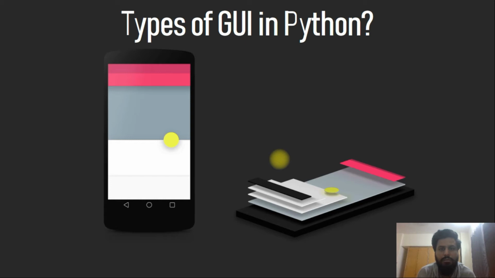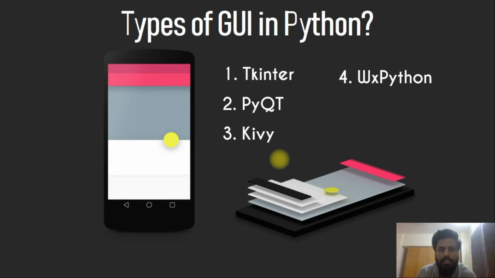The next thing is types of GUI. There are many GUI libraries in Python, but I can narrow it to six that I can work with, which I think are very useful and helpful libraries in Python. The first is Tkinter, as you know, and the second is PyQt. Third is Kivy. Kivy is mostly a cross-platform library that you can use to make Android apps also. The fourth is wxPython, then PyGUI, and the sixth is Python. So these are the six GUIs that you can work with to make your applications in Python.